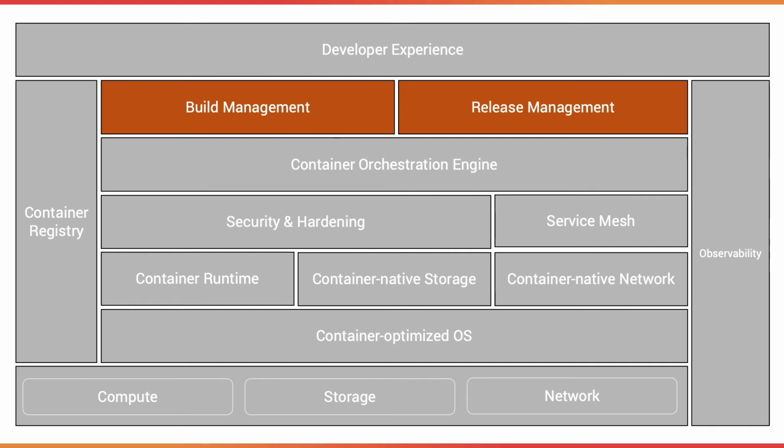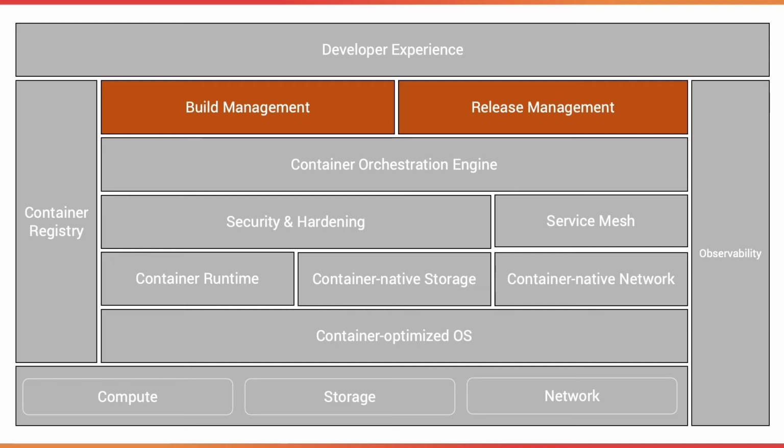So build management takes care of taking the source code, turning them into Docker files, optimizing your Docker file, and finally building the container image and putting that into the container registry. Now, all of that is going to be managed by the build tool. Release management will actually help you in choosing the right version and the last mile delivery, which is basically moving those artifacts into production. And release management will give you the choices of performing blue-green deployments or canary releases by working closely with some of the components like service mesh.